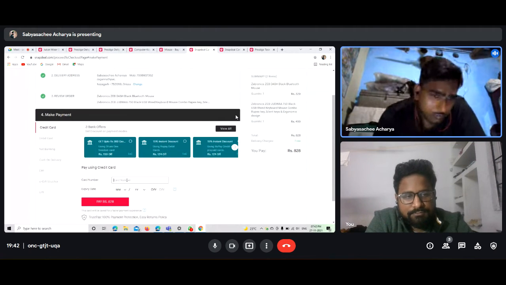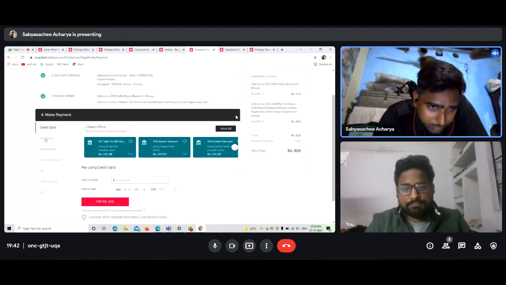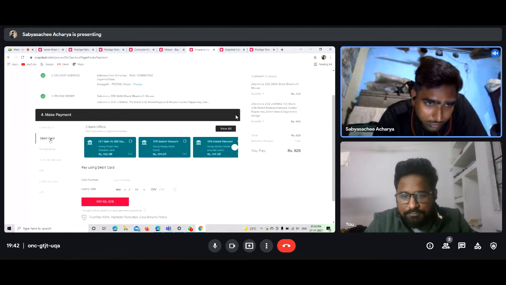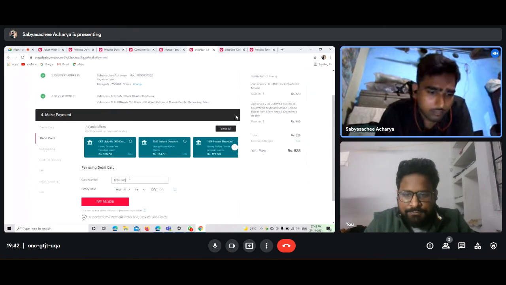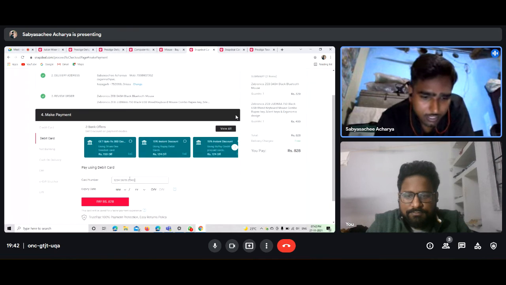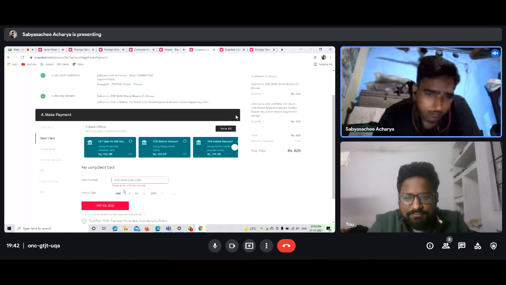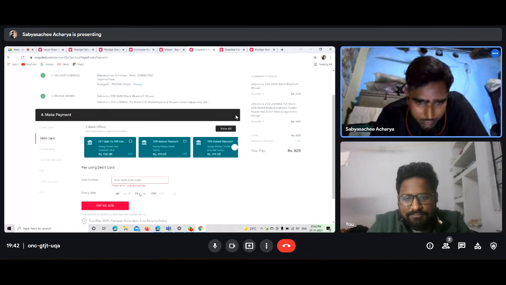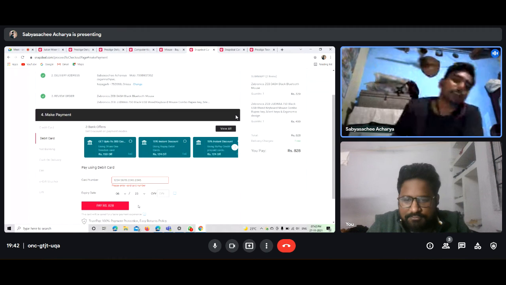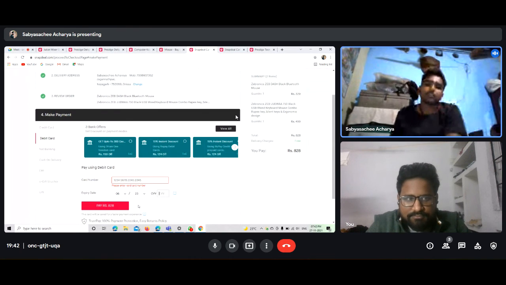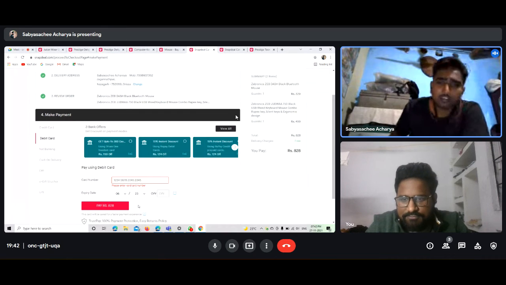Okay, so if I need to use any credit card or debit card, here it is showing credit card. I need to go for debit card. So I'll go for debit card, pay using debit card. Then I'll enter a number. I'll just keep a random number, as it is 12 digits or 16 digits, I think. Then I will add the expiry month, then year, then that CVV. After CVV, I will click on pay, and if the entered details are correct, then the OTP will come on my registered number, and I will add that. Then the order is done, I think.